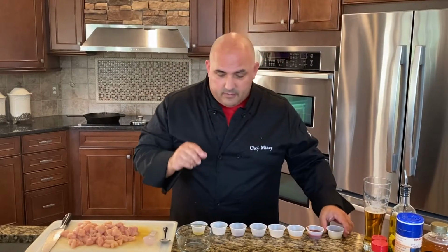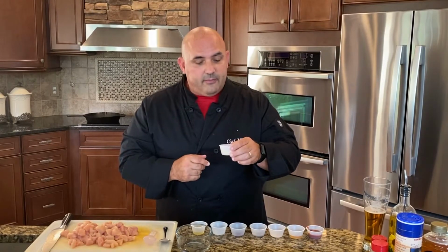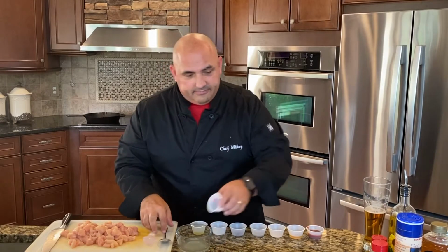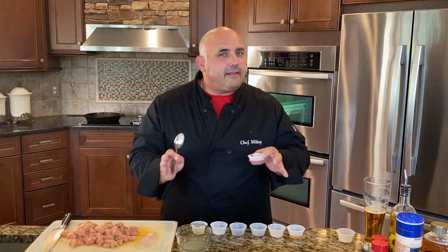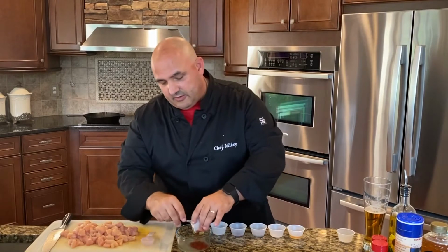So first thing we want to do is make the marinade. In this, I have about 2 tablespoons of lime juice. These are freshly squeezed limes. We're going to drop that in there. And then next is your sriracha. You go 2 to 4 tablespoons. I'm going 2. My family doesn't like the heat so much, but if you like heat, go 3. Maybe go 4 if you like it spicy. So I'm just going to go 2 tablespoons